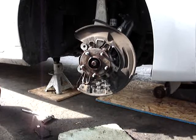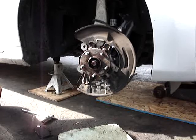I am using all factory parts. It's just as easy to put the right parts on it. It's very hard to find aftermarket parts that are right for these,